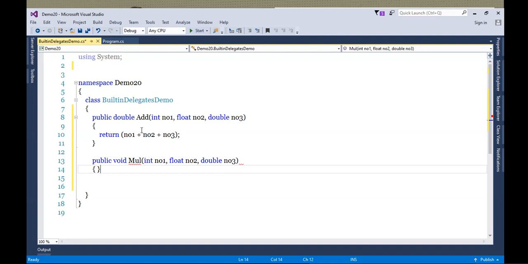Okay, let's go ahead and print the multiplication here. Now do remember why I'm taking return type void here, because deliberately I'm doing this, which I will be explaining ahead.